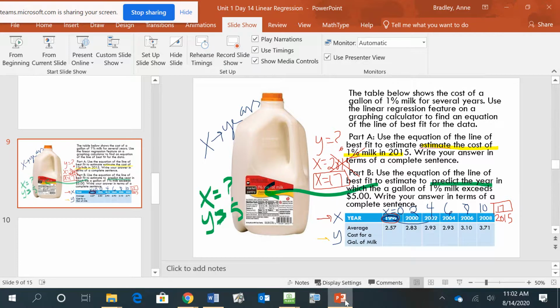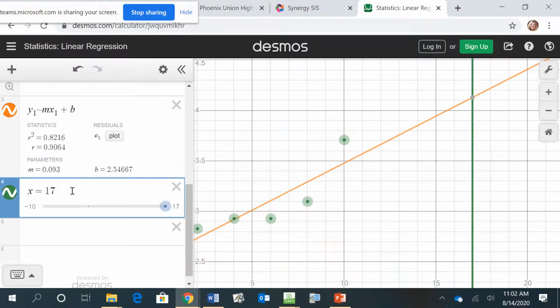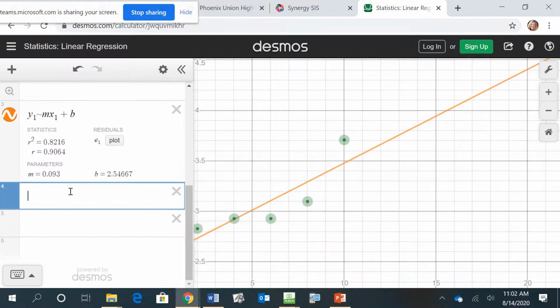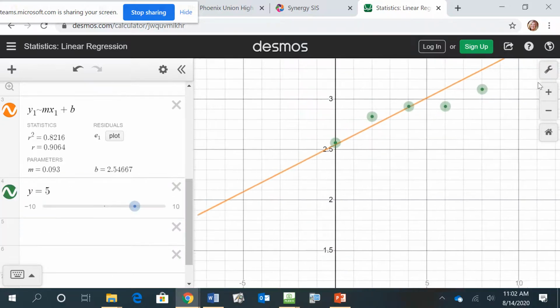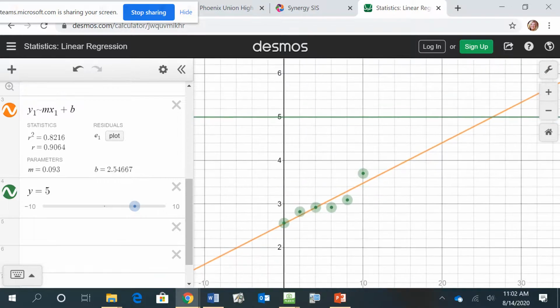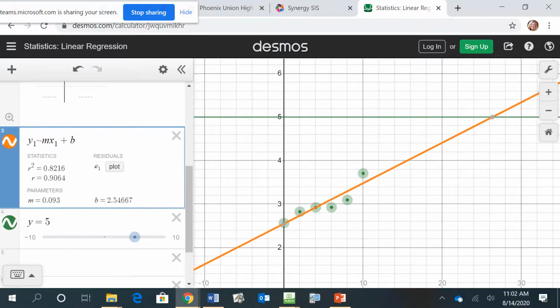Well, let's first figure out when it's equal to 5. So again, I know the y, so I'm going to take this away and go y equals 5 and press enter. And now I need to find out where is that. So I may need to zoom out here. Oh, it's way up here. I click on that, and once you click on it with your finger, you'll be able to see